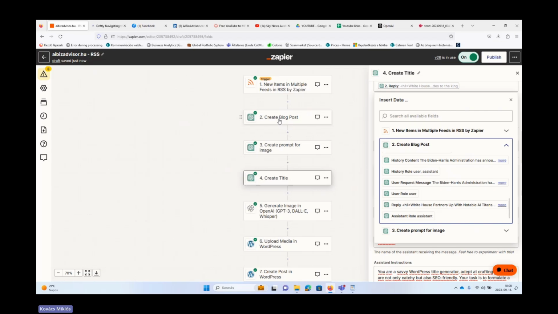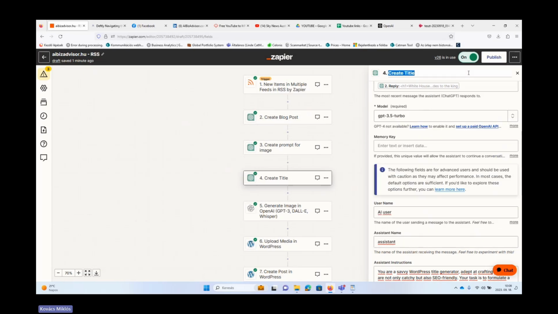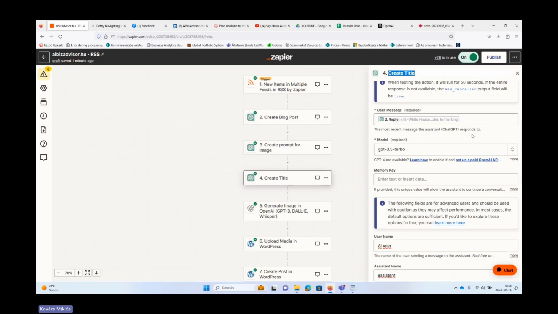So basically this is the new content or blog content, what was created in step 2. I'm going to use this as input data, and then I will ask ChatGPT to create a title based on this content, based on this information.